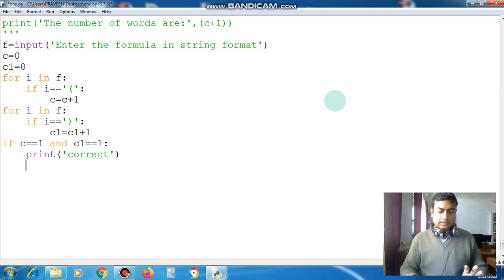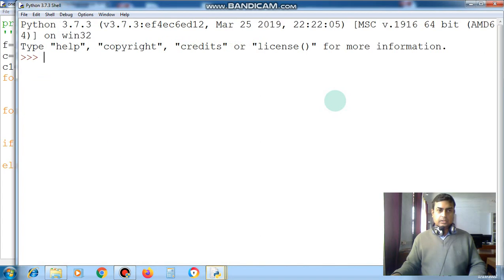For this purpose I have written this code. There may be more than this also. Else print incorrect,